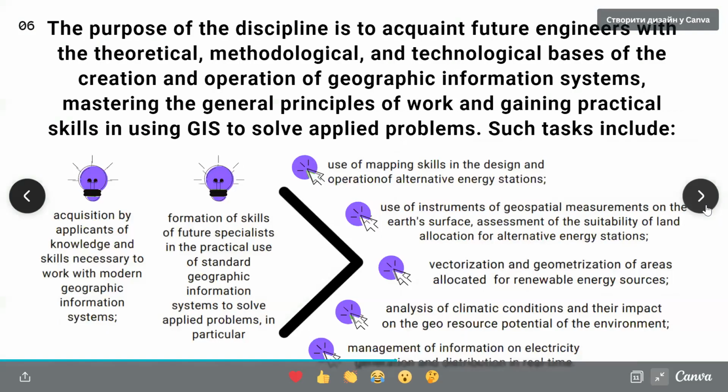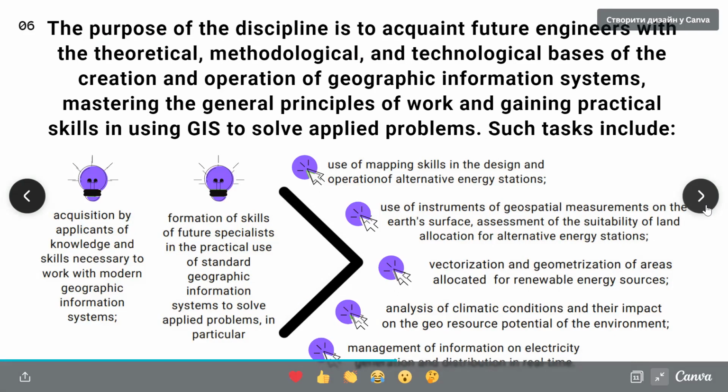The purpose of the discipline is to acquaint future engineers with the theoretical, methodological, and technological basis of the creation and operation of geographic information systems, mastering the general principles of work, and gaining practical skills in using GIS to solve applied problems. Such tasks include